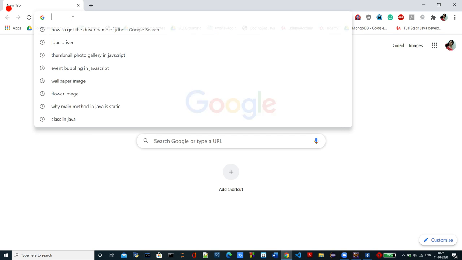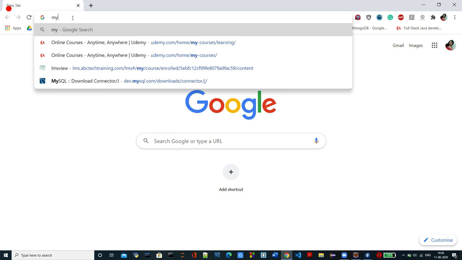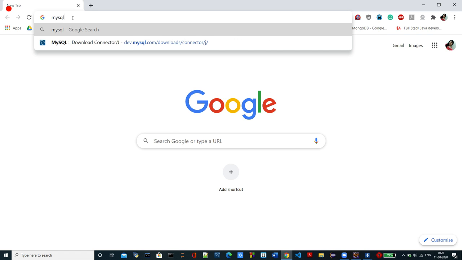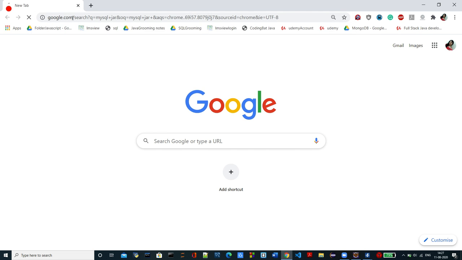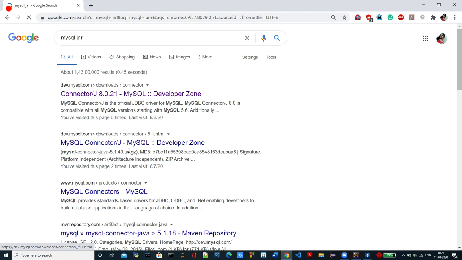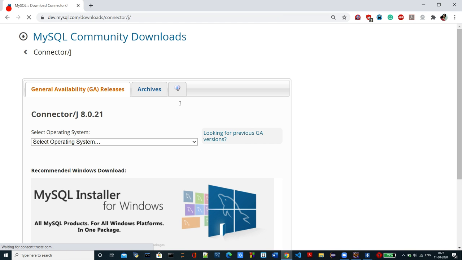First of all, I'll go to Chrome, and since I'm using MySQL database here, I need to install the MySQL jar, that is a connector, the MySQL connector jar. You can install it from here.